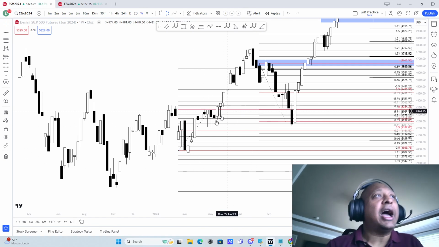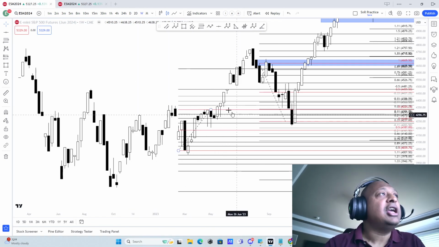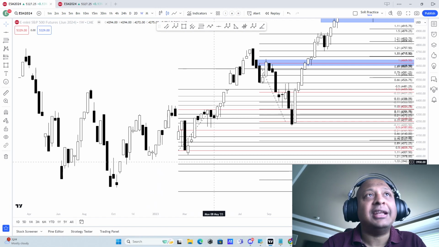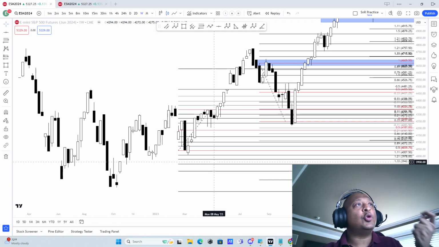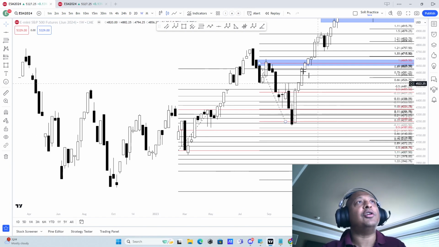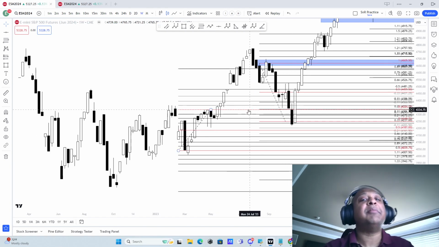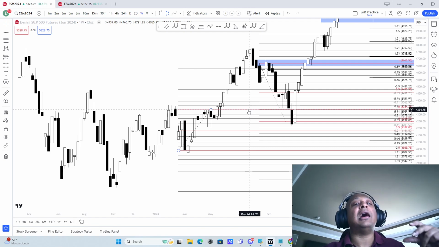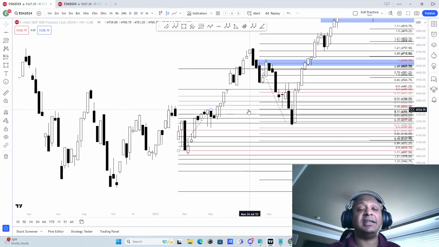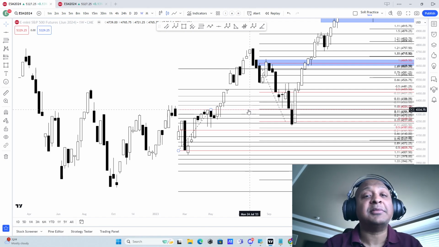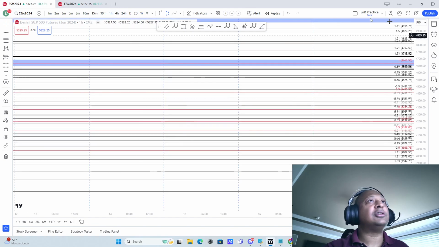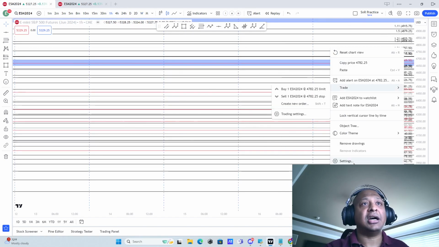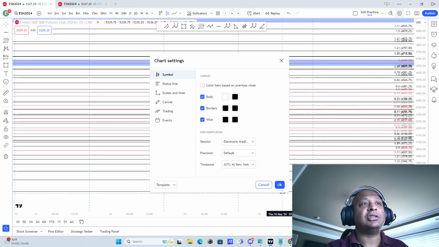Right? So you have to keep on measuring, you have to keep on finding out the legs, you have to keep on counting the legs, you have to keep on looking for the wedges, you have to look for the balance areas, measure the balance areas, see how far up or how far down from the balance areas we are going, where we are bouncing, and these are the setups that you will be getting. However, that is how we do it on a weekly chart, right? Now, if we go to a 1 hour chart,